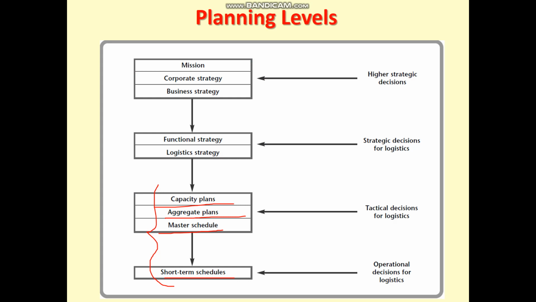So remember, the capacity plan is for the long-term plan. Aggregate plans are for the monthly plan. Master schedule is for weekly. And these three we call the tactical decisions for logistics. And short-term schedules are for daily demand, for daily activities. And this one is the operational decision for logistics. Okay,